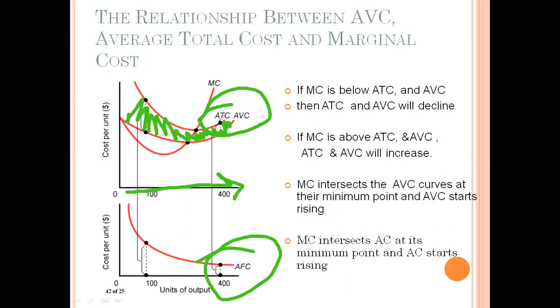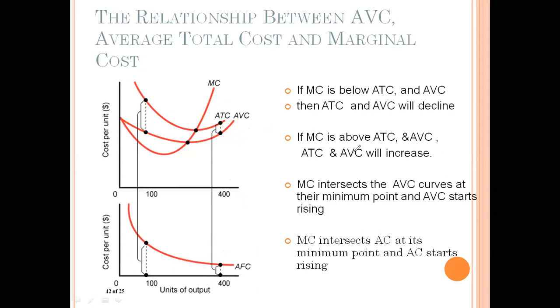But do you think that the difference will be completely zero and they will intersect? AC और AVC intersect कर सकते हैं? AC और AVC का intersect करने का मतलब है AFC will become zero. Is it possible that AFC will become zero? No, because I just told you in the previous topic that AFC can never be zero, because there is always some TFC, so AFC can never ever be zero. I hope this is clear to all. यहाँ तक I think सबको clear है.